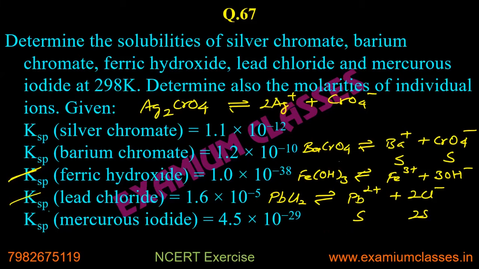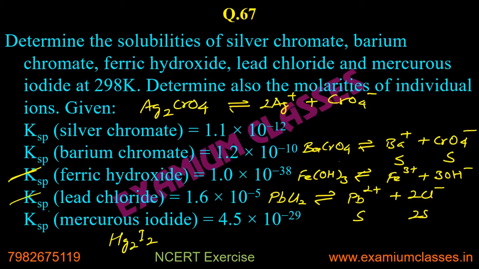Now the last one, mercurous iodide. Mercurous means it is in +1 oxidation state. Mercury normally has +2 oxidation state, so normally it will be HgCl2 like this. But if it has +1 oxidation state, in mercurous iodide it will not be HgI. Logically you will think that this is plus, this is minus, it should be like this, +1 -1. But it is written as Hg2I2. And there is a reason why it is written like that.